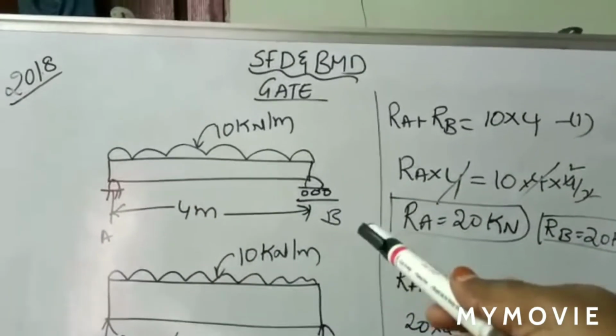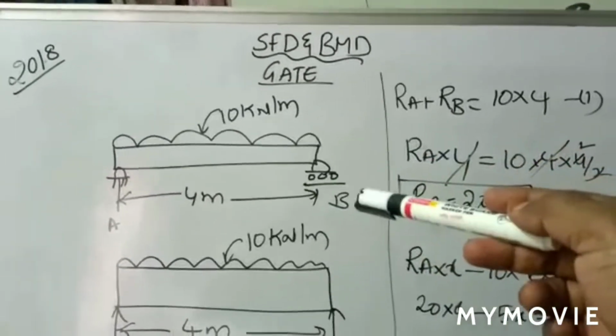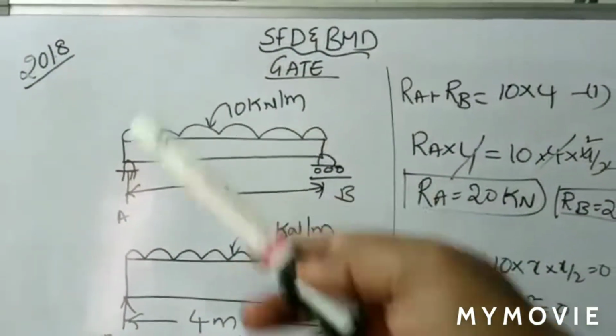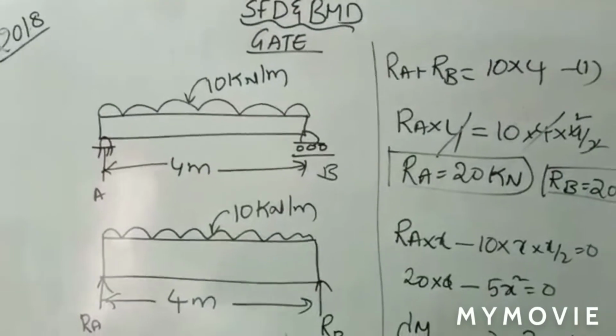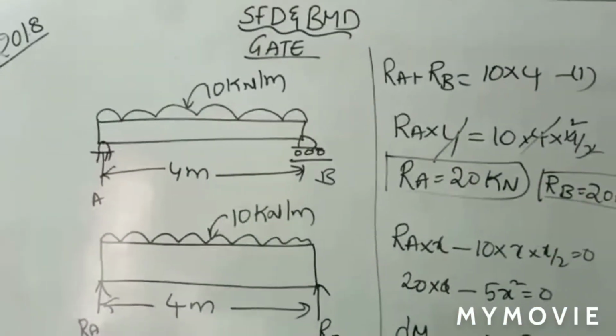So welcome back, shear force diagram and bending moment diagram. In this class we try to explain one problem regarding UDL, right? This problem was asked in 2018. The structure of the problem is, here you have a simply supported beam,